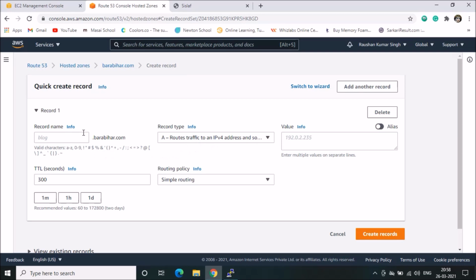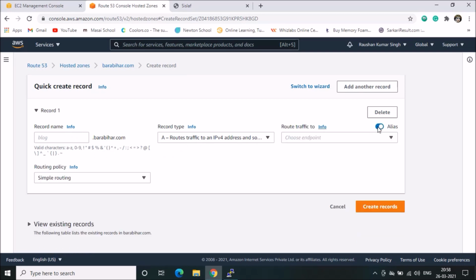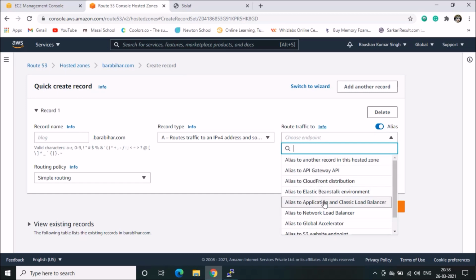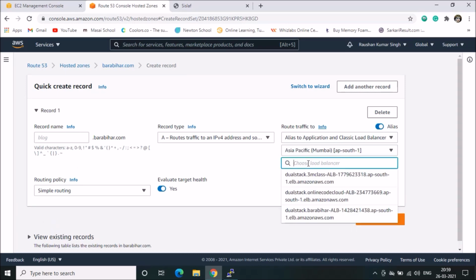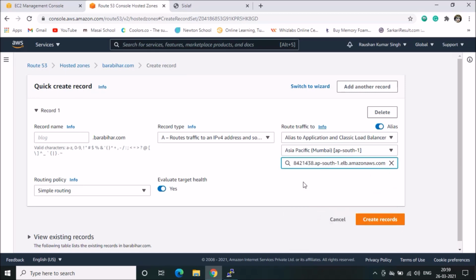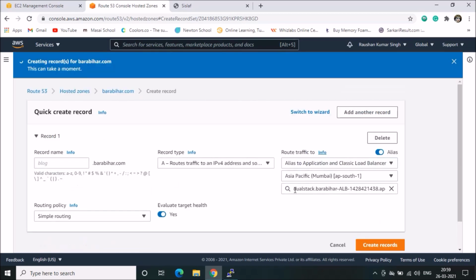We will take a record for the load balancer or IP address. We need to take the A record. We will select the Application Load Balancer, then select the region as the Mumbai region, because we created our load balancer in the Mumbai region. Then we will select the load balancer DNS created.